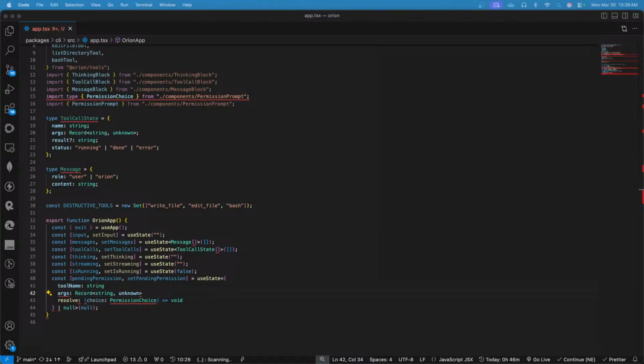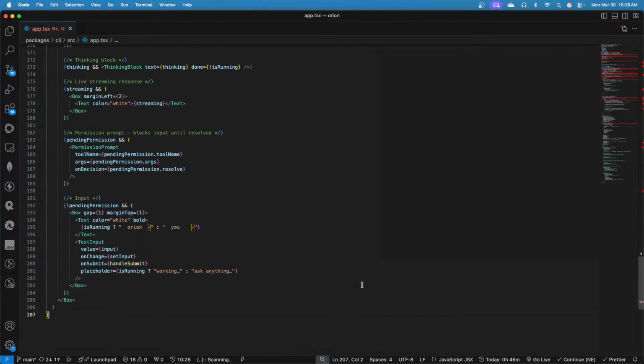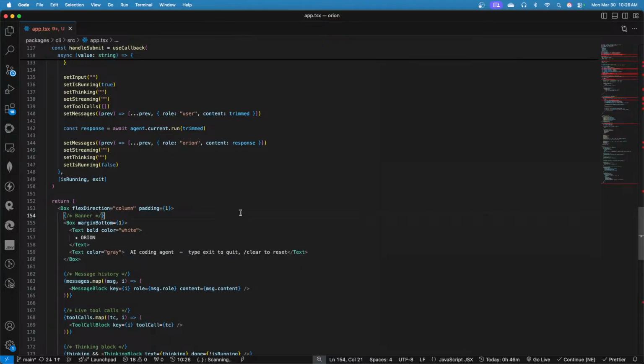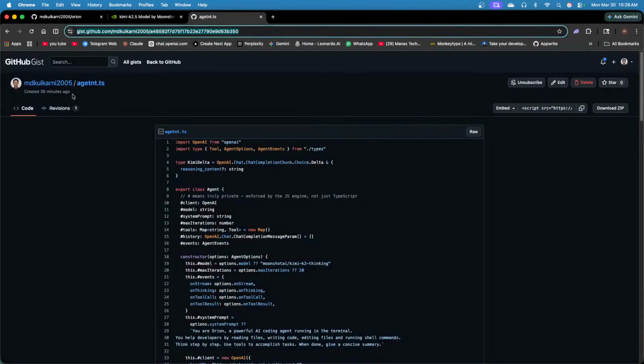Let's see, let's give some permission block here. Let's add the permission block and let's set up our AI agent. So let me copy the thing. यार, मैं बस ये थोड़ा सा कॉम्प्लिकेटेड वाली फाइल है, 200 लाइन की है। मैं इसको जिस्ट के अंदर डाल दूंगा तो आप लोग भी इसको यूज कर पाओगे।